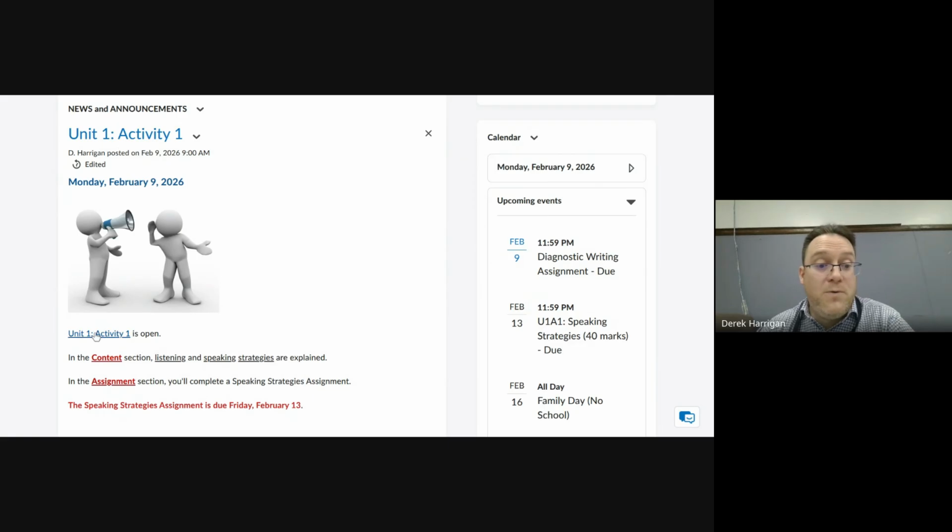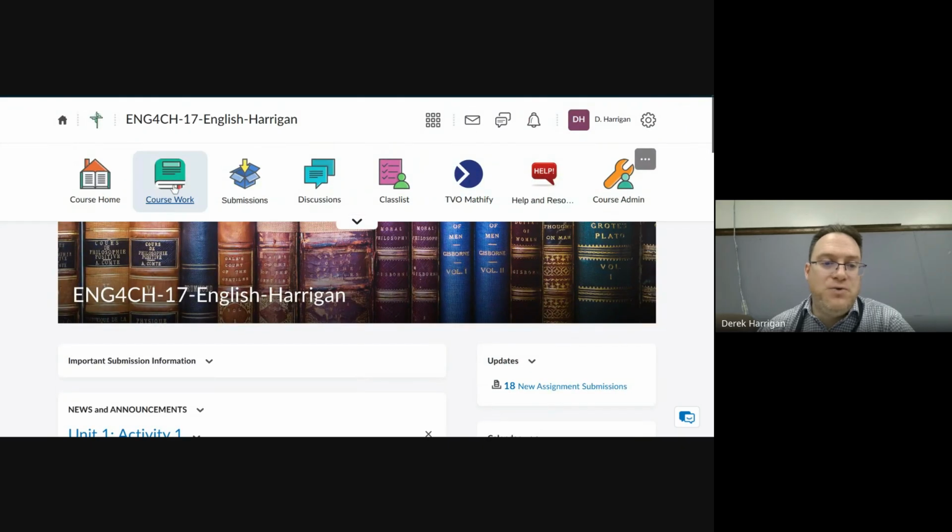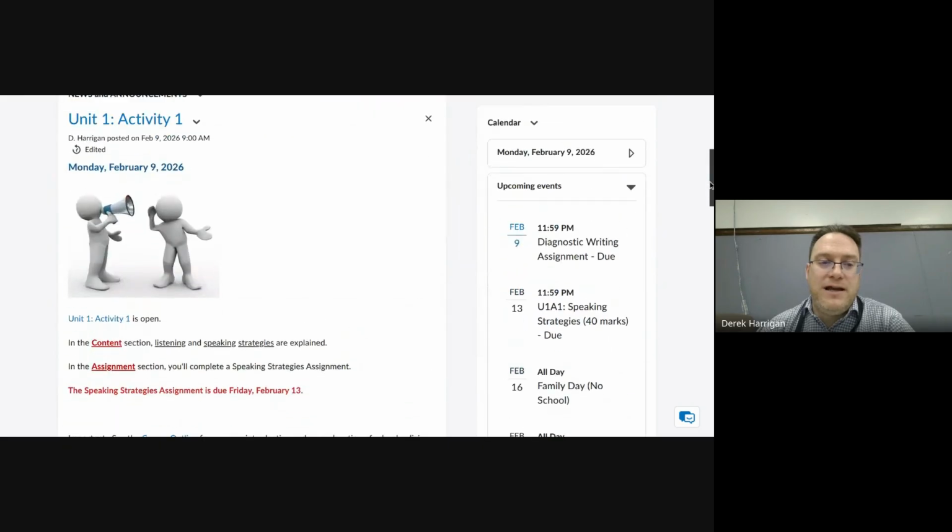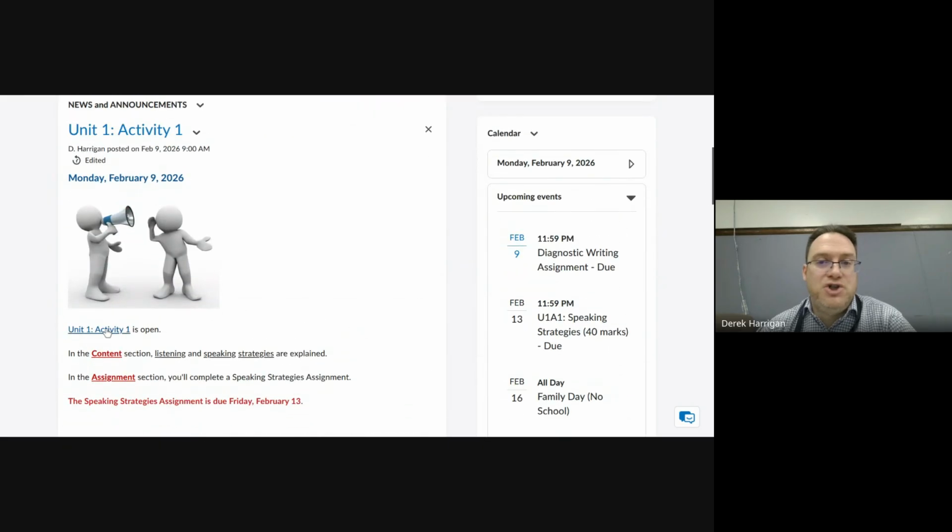I will also always give you a link. You can get into any of the activities that I open by going to coursework as well, but I always give you a link right in the announcement so that you can jump right into the activity. So if we click on Unit 1, Activity 1 here,